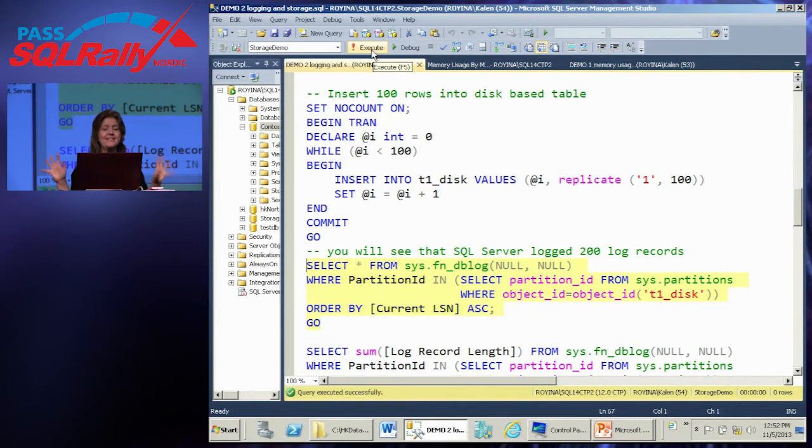The purpose of this demo is to show you how much less logging takes place for changes to memory optimized tables. One thing that saves logging is you don't log anything about changes to the index because those are never recovered, never redone. They are only to maintain the rows in memory.